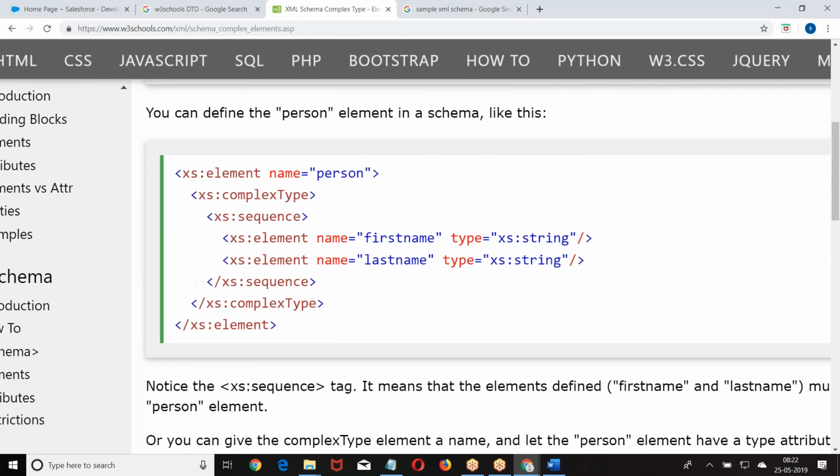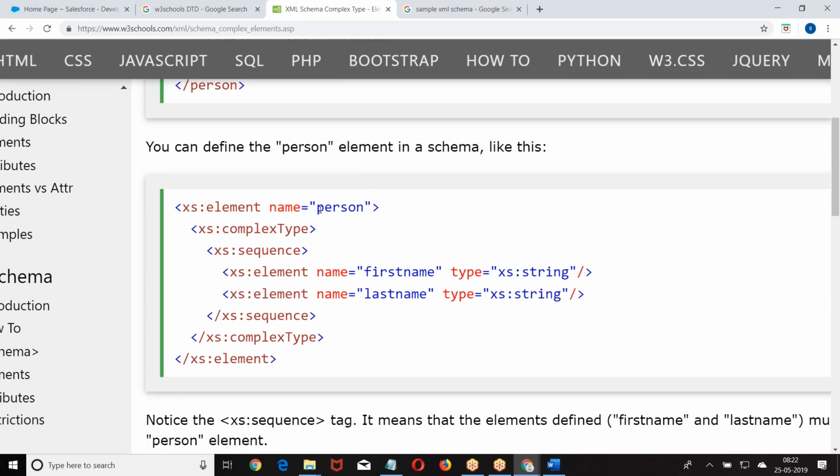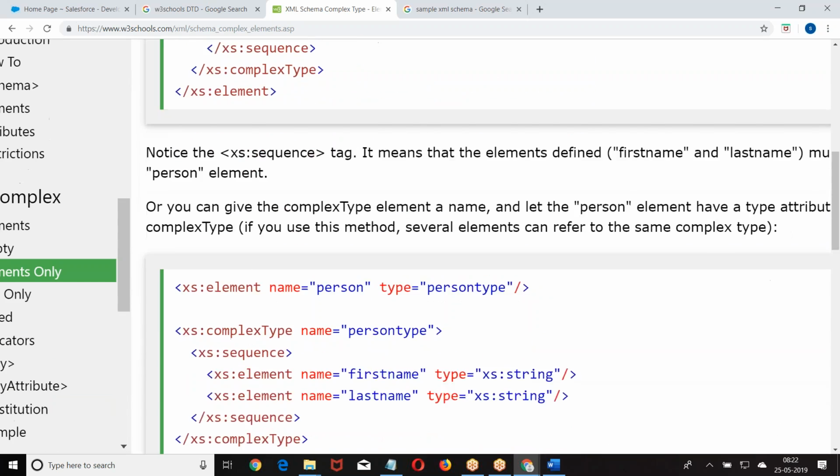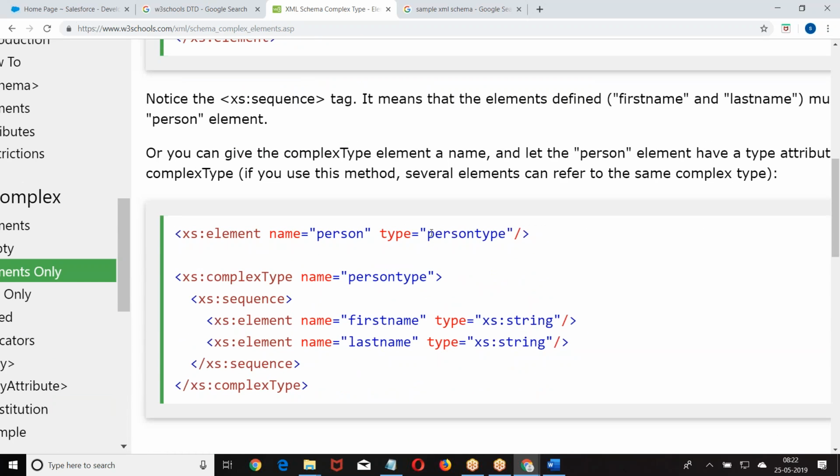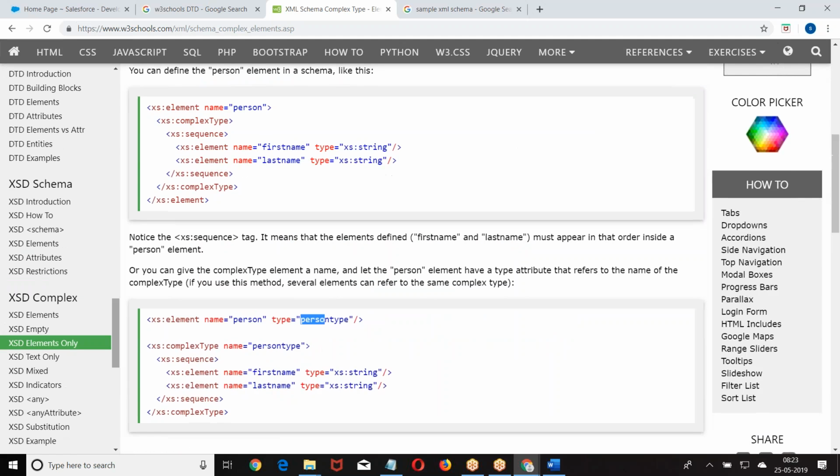Now what are you doing here? This is a schema defined with the name called person. Here we are defining the type equal to person type. So we are not using the predefined data types. We are using one schema as the data type of another schema. We are trying to use one schema as the definition of another schema. Okay. So all these are called